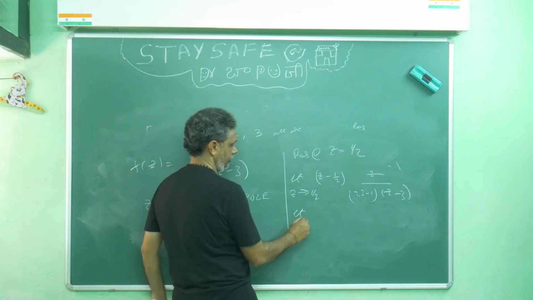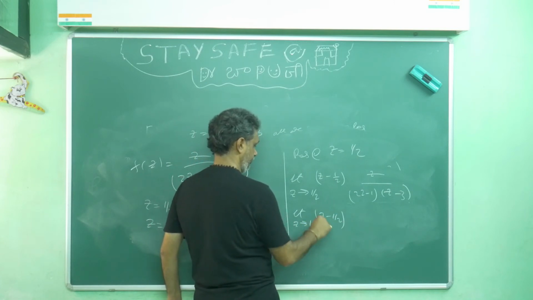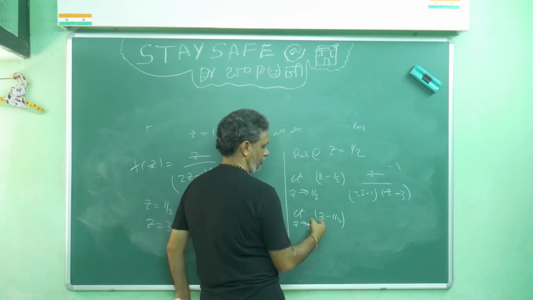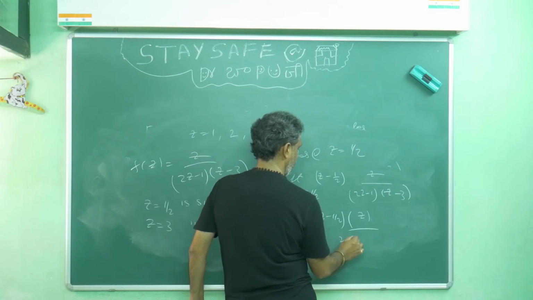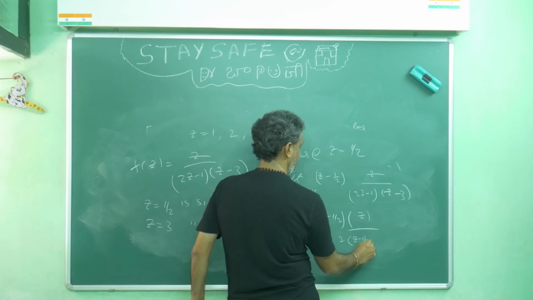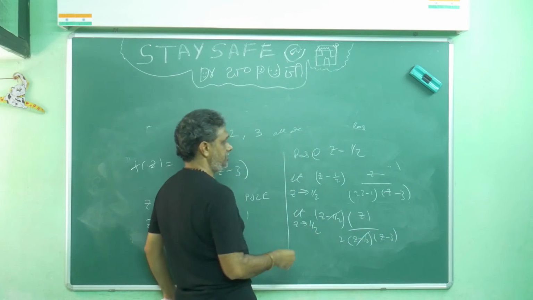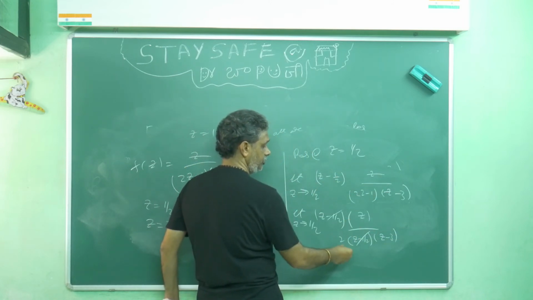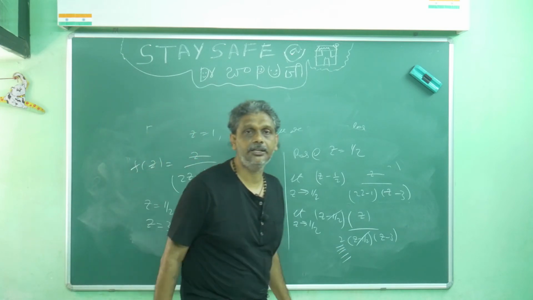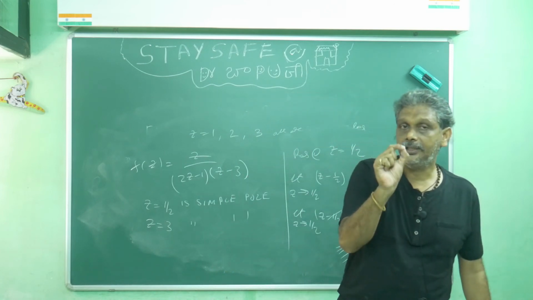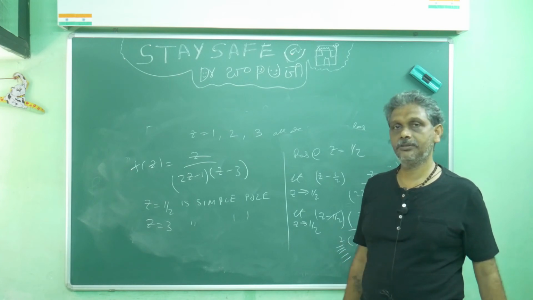How will I do it before attacking? I don't want to go very fast. Z minus 1 by 2 I will keep here, because this I don't want to do actually. So what I will do is take 2 common: z, 2 common, z minus 1 by 2, z minus 3. Now we can cancel. Some students will cancel immediately like this, but when the 2 is missed here, the whole problem will spoil. It's very important. Think and attack the problem while doing it the first time. Once you get practice, you become a master.